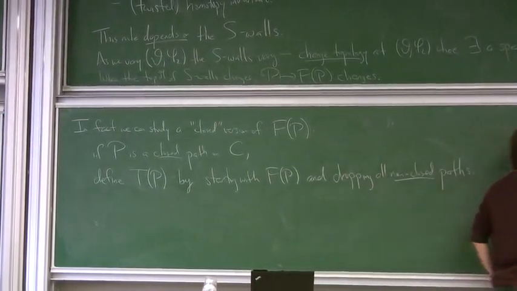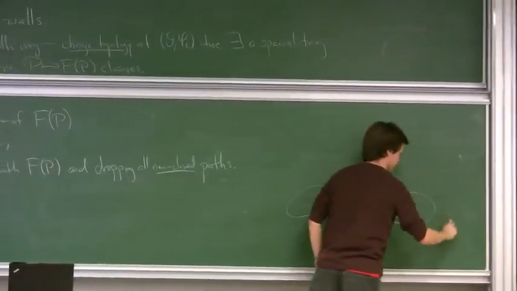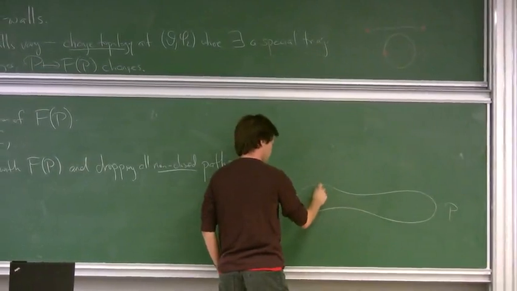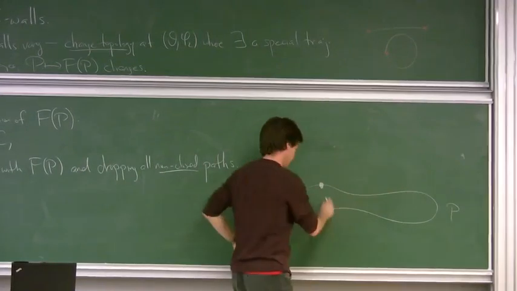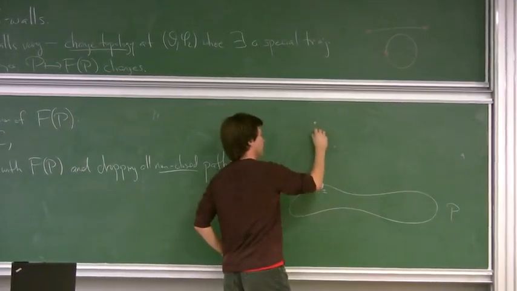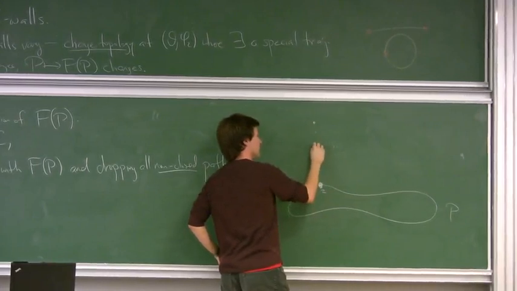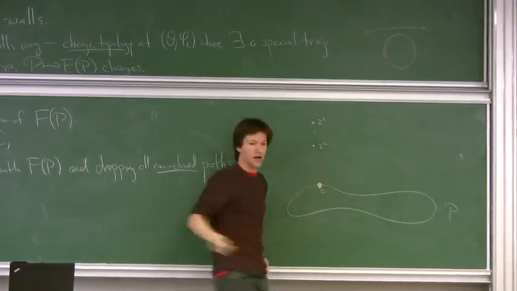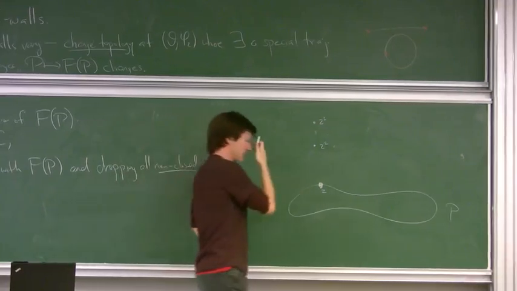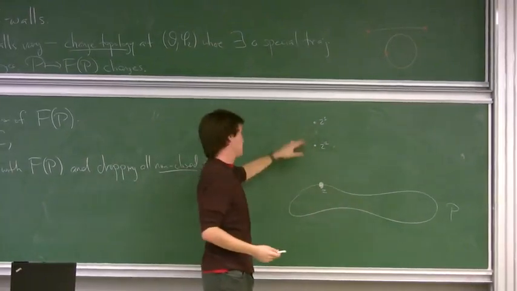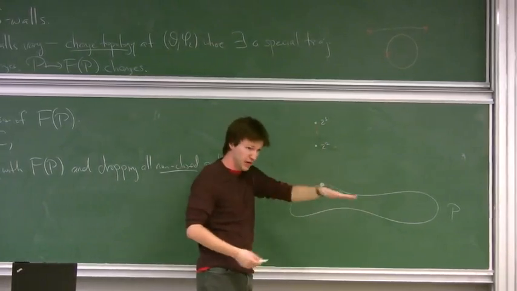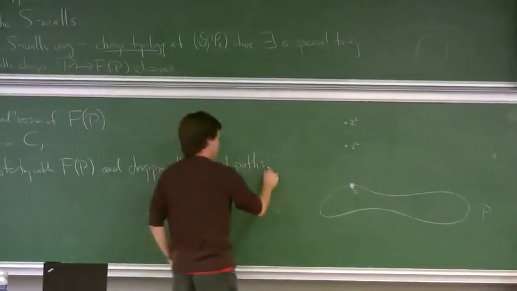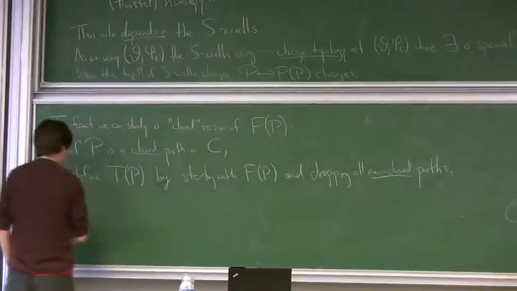Remember, the picture is we have some closed path P downstairs on C, F of P upstairs. So P is a closed path, but we think of it as a path with a definite initial and final point. So this point Z then has two lifts, Z1 and Z2 upstairs. And then F of P is some linear combination of paths up here. Some of them go from Z1 to Z1, some of them go from Z2 to Z2. Those we keep. The ones that go from Z1 to Z2 or Z2 to Z1 we drop. So that's what I mean by T of P. I just drop all the non-closed paths, and then moreover,